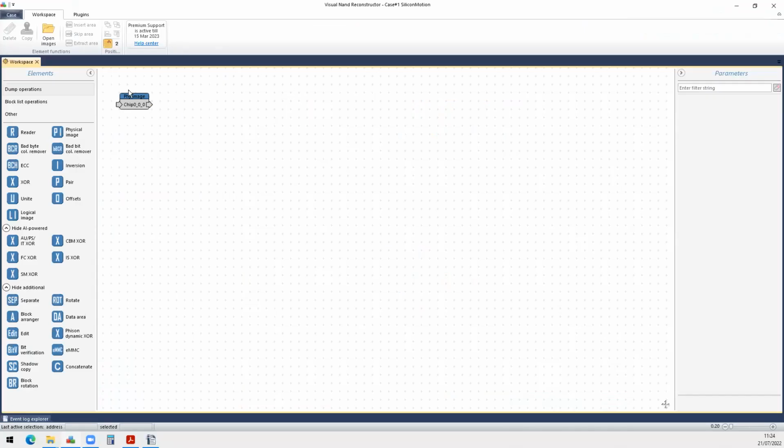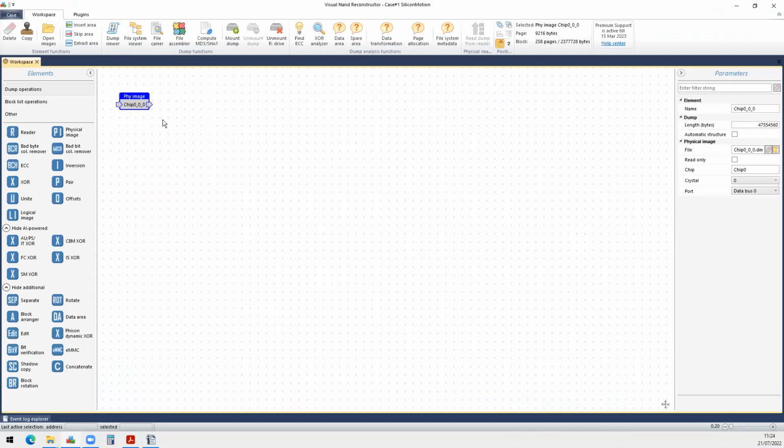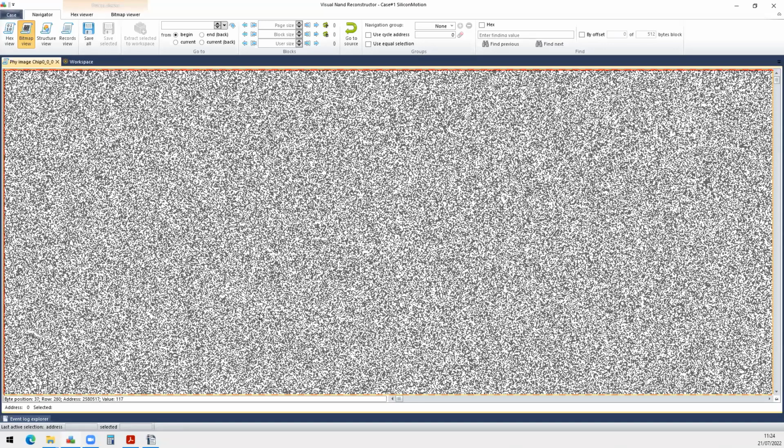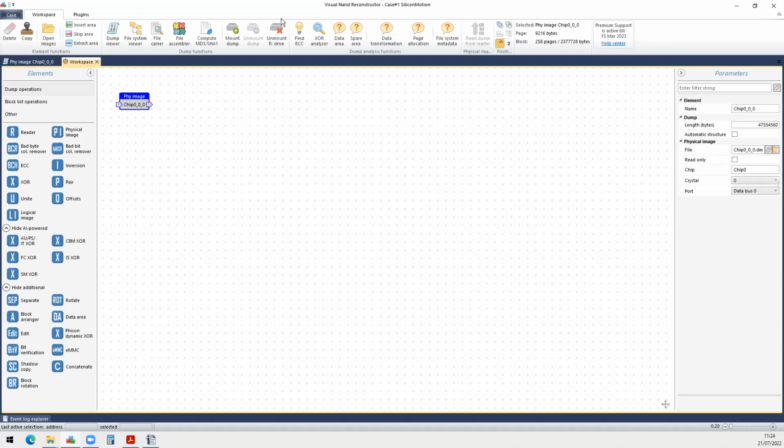We have a physical image from this controller. Of course, the first thing you will do in order to check whether these bad columns are present inside the dump,